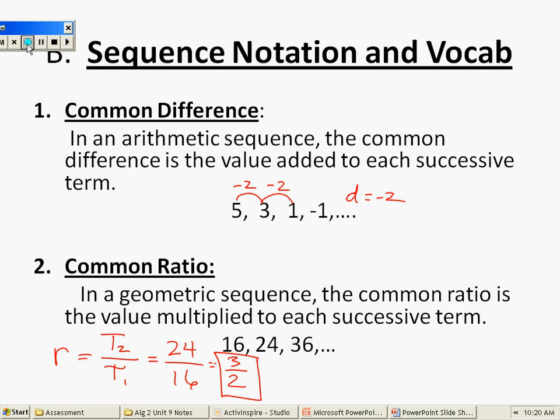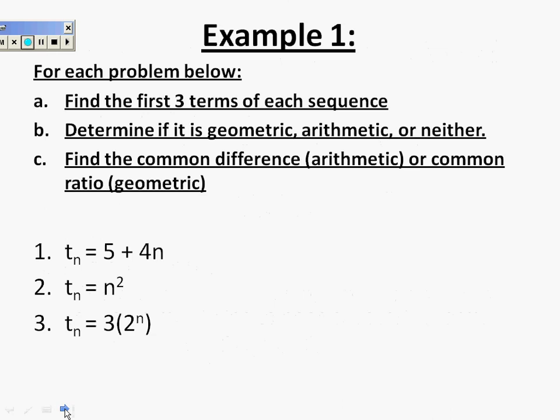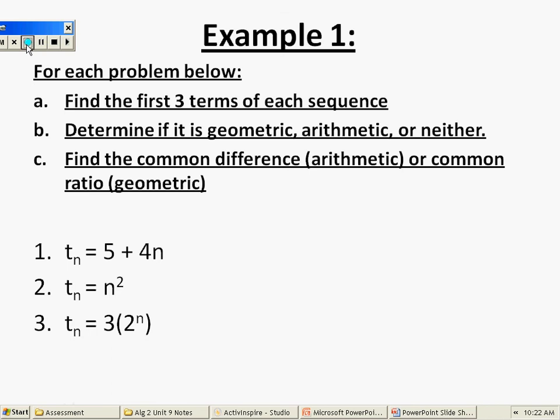All right. So what we're going to do now is we're going to put this stuff to work. So go ahead and write down your directions, A through C, and then number 1, please. Okay, well, here we go. So the first thing it's asking us to do for each one of these is to find the first 3 terms. So, in other words, they're asking us to find T1,